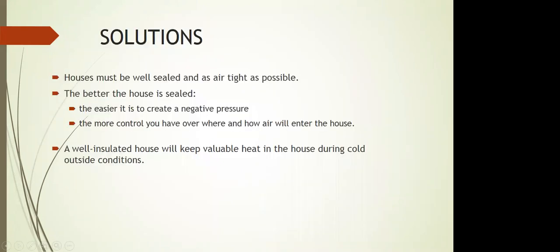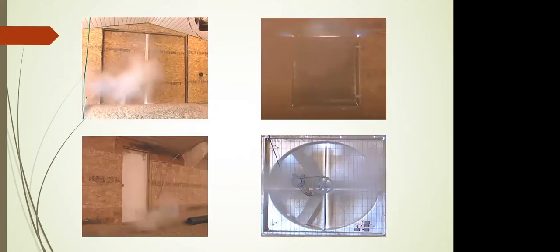So now, what are the solutions and how can we reduce these problems? How can we rectify it? So here are some points. The first point is that we have to make sure that our house doors and fan shutters are completely sealed and properly insulated, so that the negative pressure we want to achieve will be properly achieved. This is the main point, that we have to insulate these areas.